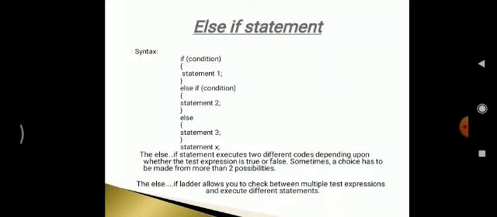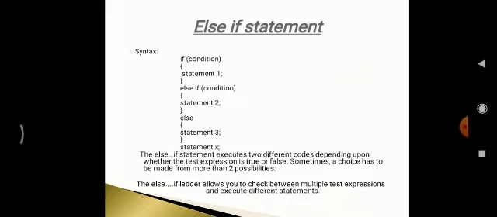The else if statement. The else if statement syntax is also similar to the if else statement syntax. It also starts with an if keyword followed by the condition in parentheses. Open the curly bracket. Write all the statements that are needed to be executed when the condition of if is true.